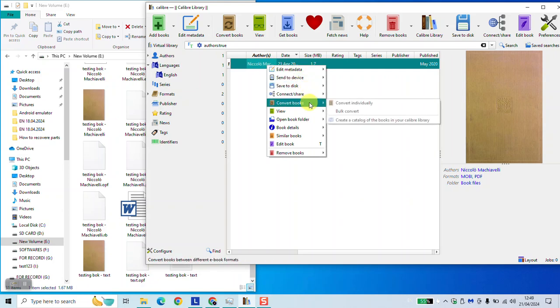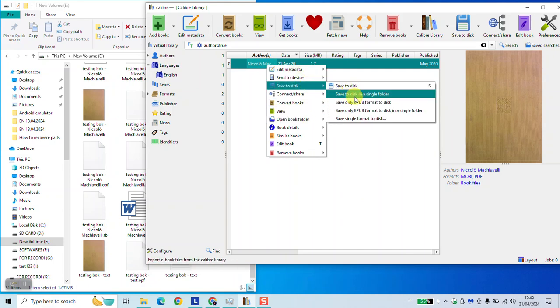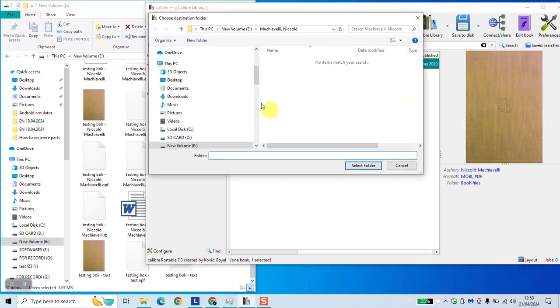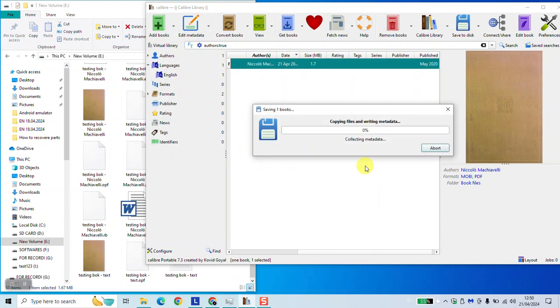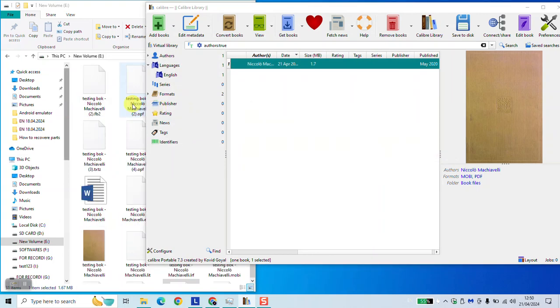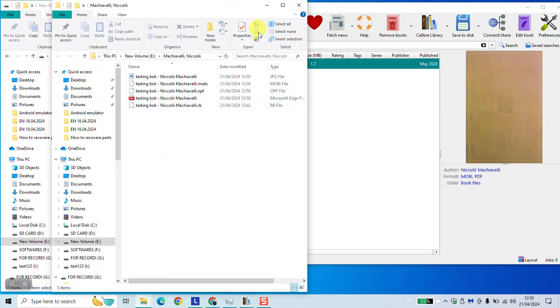Right-click on your document and select Save to Disk. Save to disk in a single folder and select exactly in which folder you want to save your document. Once done, select Folder and the saving will begin. The file will open again and here you will see your document